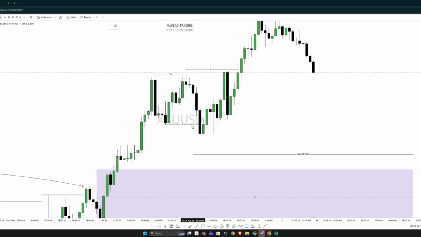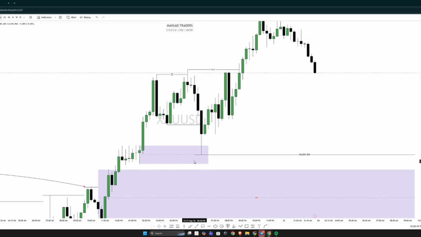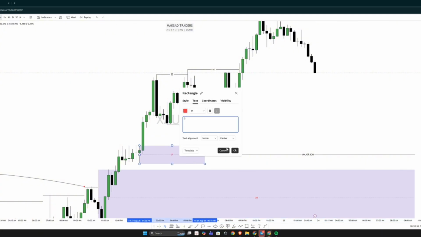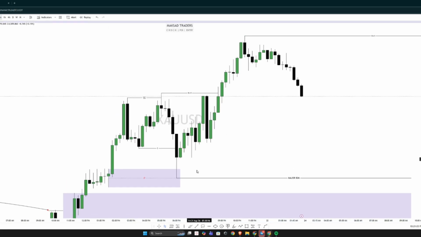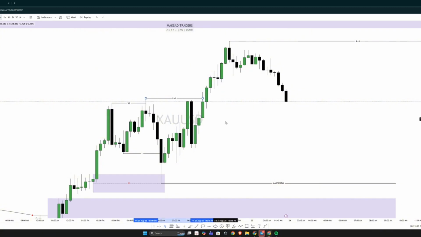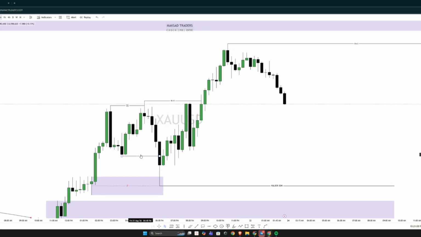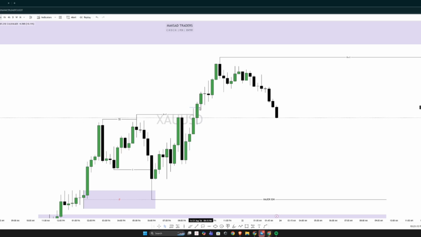If you see, this is your inducement, and this entire zone, or you can use the single candle order block as your decisional POI. Okay, so if you know that this is your DPOI, then you know what to do. You will just go to 1 minute, find your entry, and you can ride this area till the break of structure. Now, in 15 minutes, the thing is clear. We have inducement, then we have a break of structure that happens here.